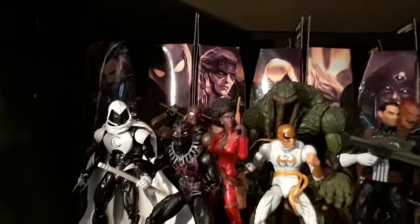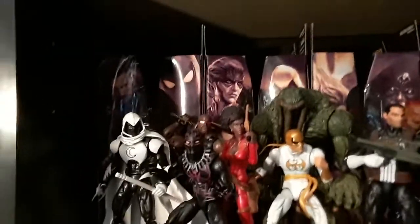And that Moon Knight was on my top 5 list for last year. And yeah, I still stand that they should have made him in his fully white outfit. And now going down to